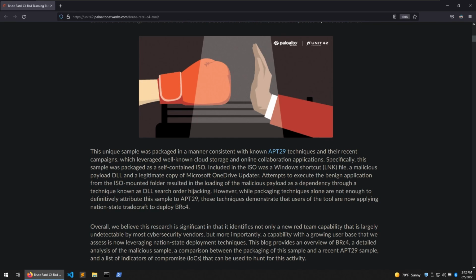How it worked is, it seems like it's a phishing document that they crafted using Brute Ratel, or actually, they took Brute Ratel's shellcode and injected it into their normal technique, which is how a lot of red teams would operate. Their technique that they use for phishing is sending this ISO file that inside the ISO file has a Windows shortcut, a malicious DLL, and a legitimate copy of Microsoft OneDrive Updater. So before we get into exactly why they do this, which is pretty obvious in hindsight, I want to show